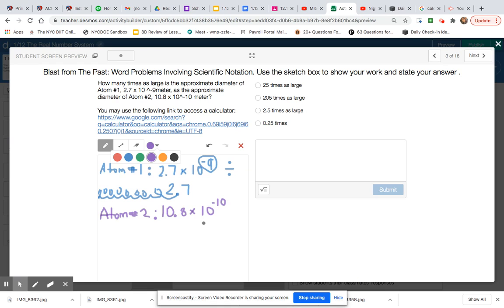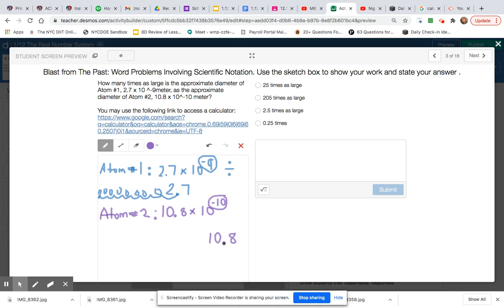We're going to do the same thing for the second atom, right? So we have 10.8 times 10 to the negative 10 power. So I'm just going to put 10.8 here. As you guys can see, we're going to need some space. And to rewrite this number in standard form, I'm going to do the same thing again. I'm going to look at my exponent. Since I have a -10, this tells me that I'm going to move my decimal place over to the left